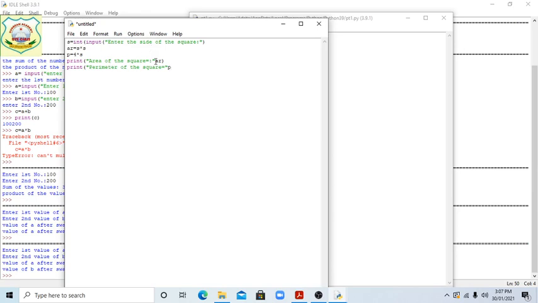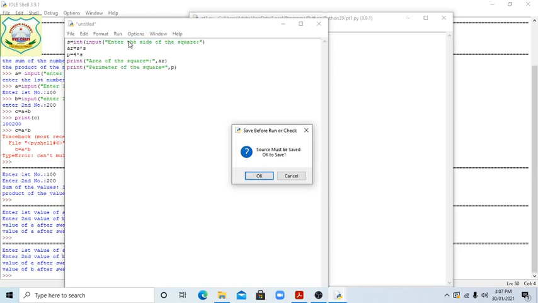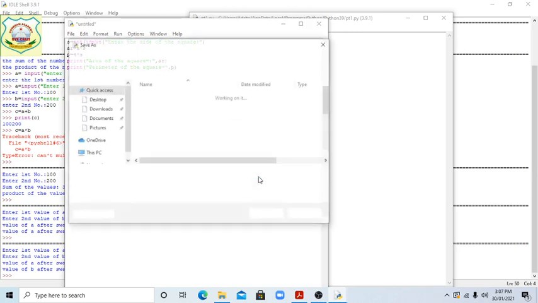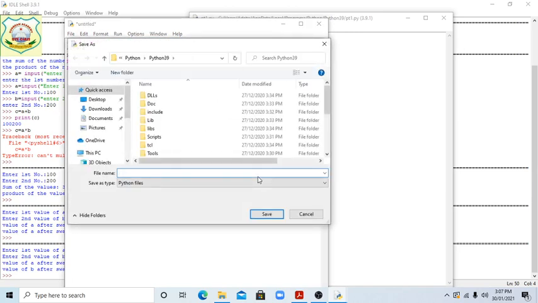But students, there is a problem, you know, it should be a comma here, and close. Now students, run. It will save first, so S dot py, okay.